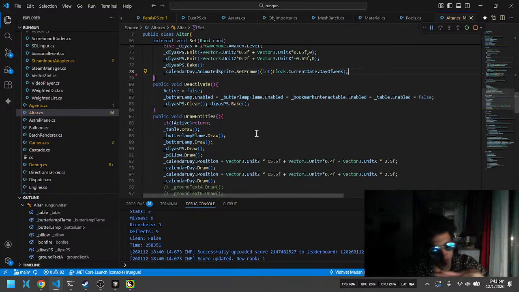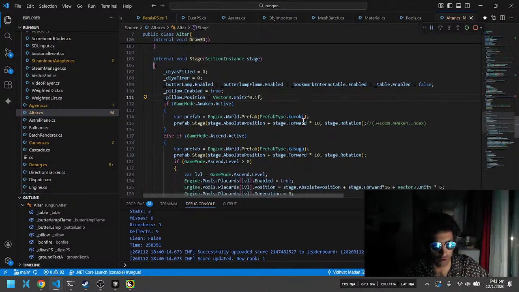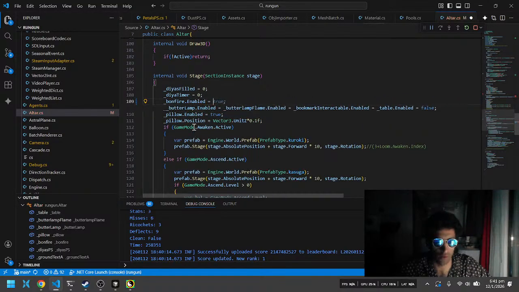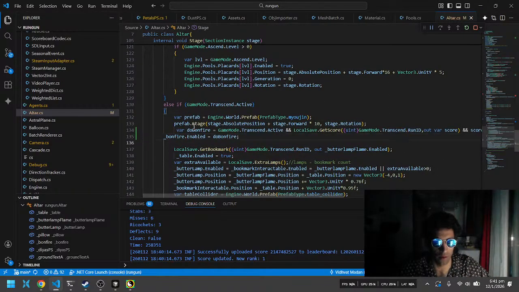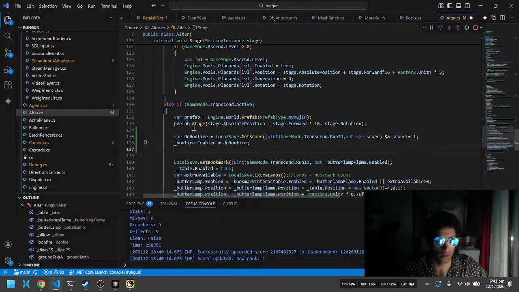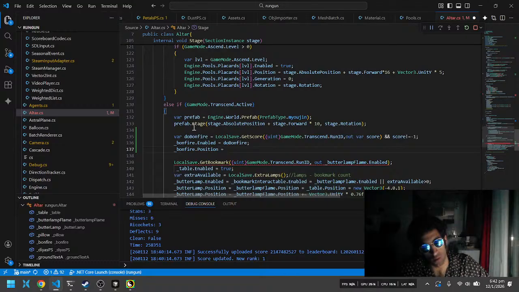I think part of me wants to leave a bunch of stuff to refactor for later. I think that's how I justify all of this. Bonfire dot enabled is equal to false. We're just gonna keep that thing off for now. If you're in the other mode, do bonfire transcend active. We are already in transcend active, so don't worry about that. Get score, run id, and score is not equal to -1. Bonfire dot enabled. Bonfire dot position is equal to